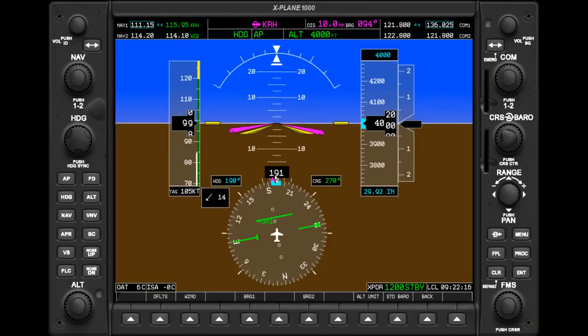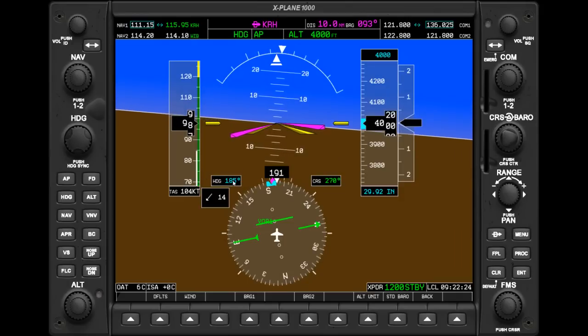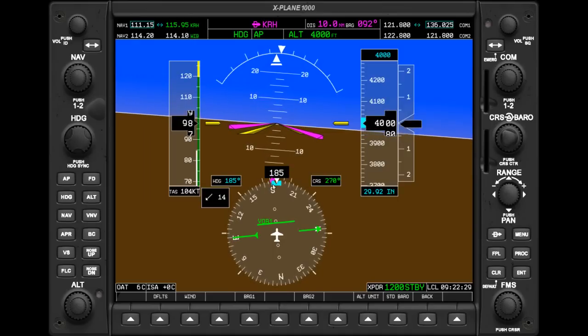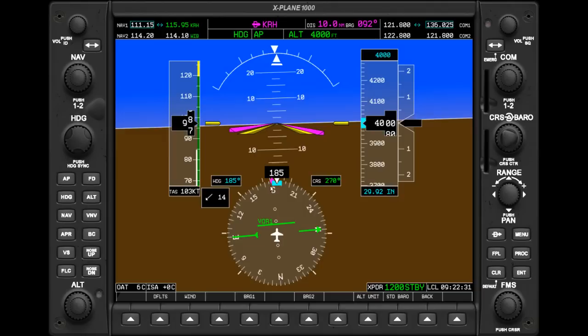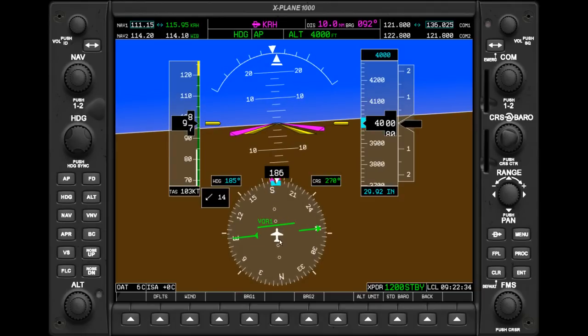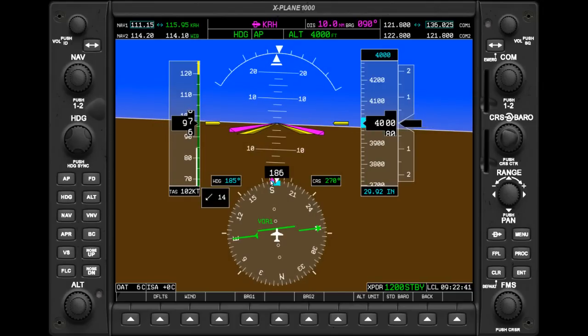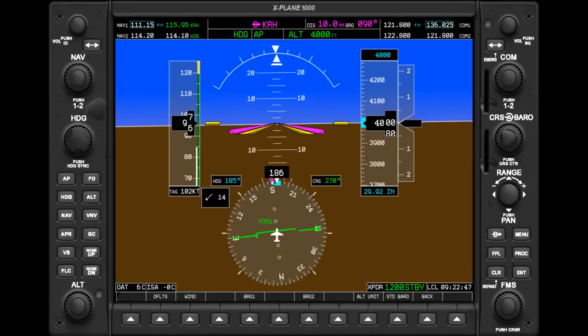So, and of course now the ground track pointer comes in handy. I'm going to turn by another 5 degrees now. And of course the ground track pointer is really helpful, because if you put the ground track pointer along the track, the ground track we want to fly, right? Extend the dots to the outside of the compass rose. Then if we put the ground track pointer right there, that will allow us to stay precisely on the arc. Again, CDI centered,